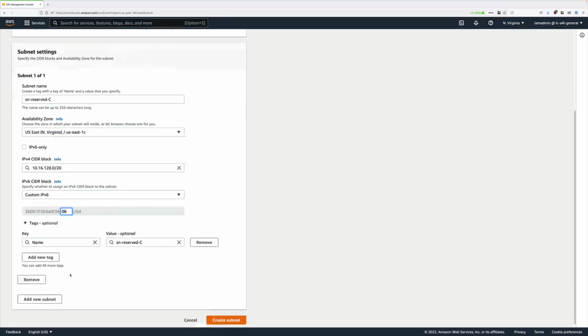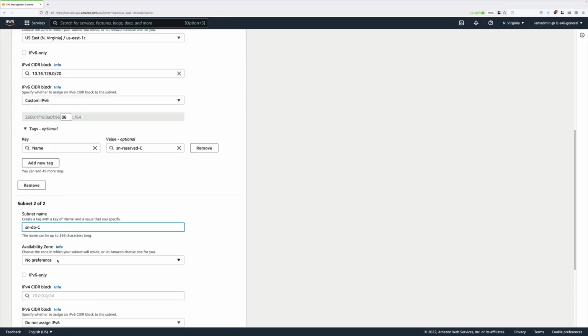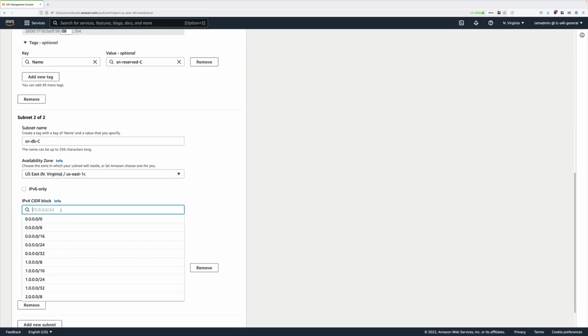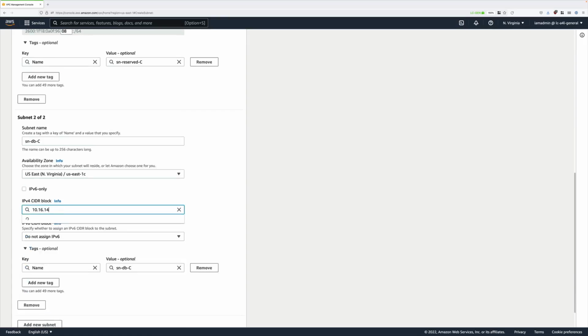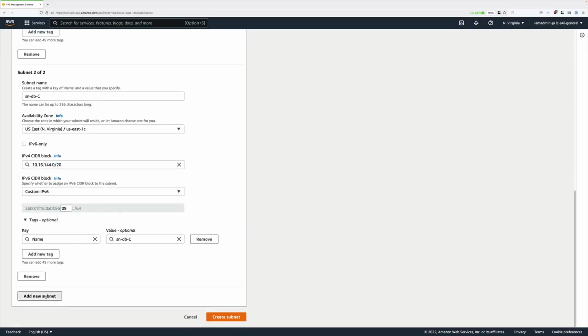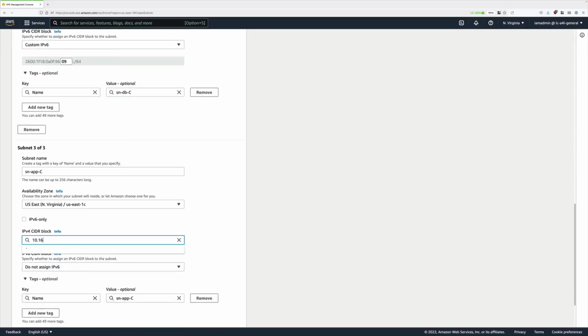Scroll down, add a new subnet. This time the DB subnet in availability zone C. Pick US-East-1C, 10.16.144.0/20 for the IP version 4 CIDR, custom IPv6, 09 this time. Scroll down, add new subnet. Next it's the application subnet in availability zone US-East-1C, the IP version 4 CIDR,